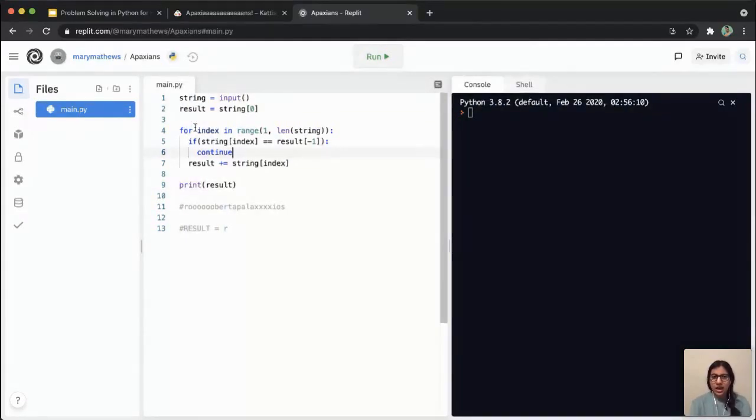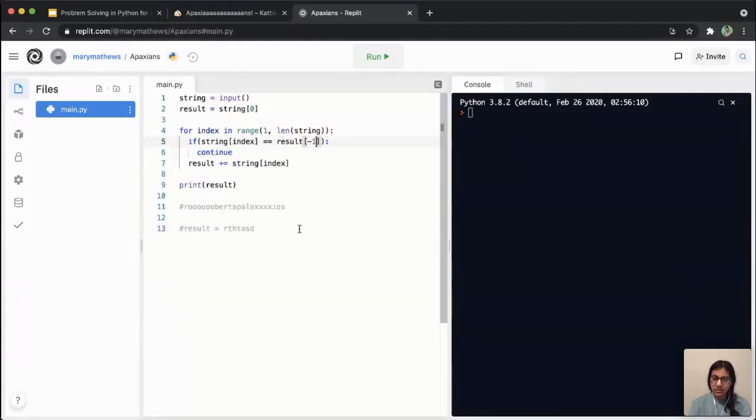Okay. And then what I'm doing is I'm looping through the rest of my string, starting from the second character, from 1 until the last character in the string. Okay. And I'm checking if each character is equal to the latest character which I added to my result. So you can see I've written result of -1 here, okay? So this gives me the last character of my result. Suppose my result was just some characters like this.